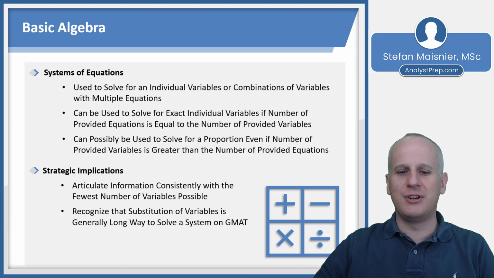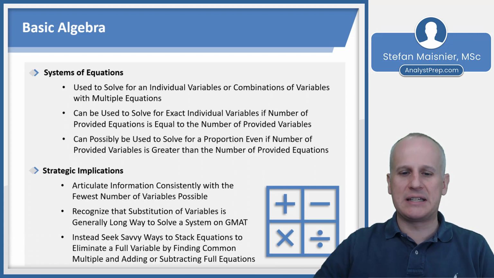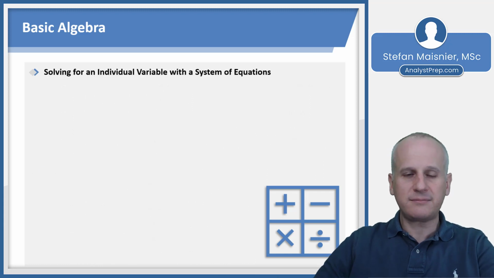And recognize that substitution of variables is generally the long way to solve a system of equations on the GMAT Focus. It's not saying you can't do it this way, and if you're more comfortable doing substitution, it's possible to use, but you really want to train yourself to look for the elimination tactic instead, because you can seek savvy ways of stacking equations where you have the same two variables and 2 unique equations, to eliminate whichever variable you're not being asked to solve for by finding a common multiple or coefficient and then adding or subtracting the full equations from each other. So let's see an example of how to solve for an individual variable with a system